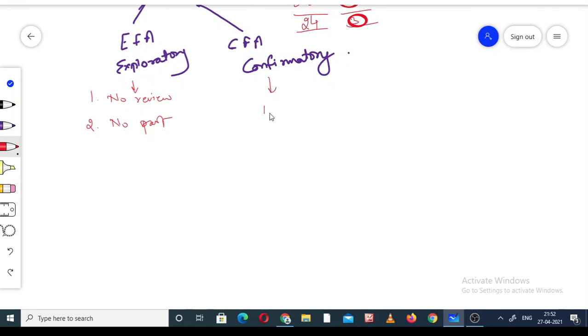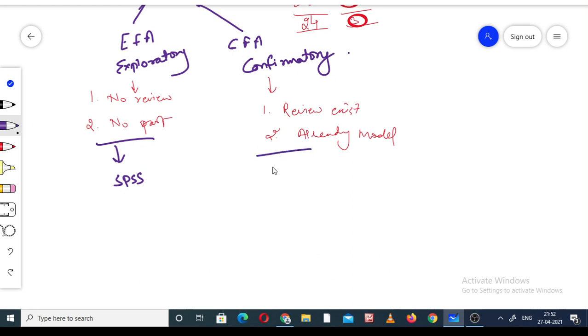And in case a review exists, or we can say that already a model is there, somebody has already done work on a particular model, that is the CFA. In case of the EFA, generally we use the SPSS software, and in case of the CFA we use the AMOS.